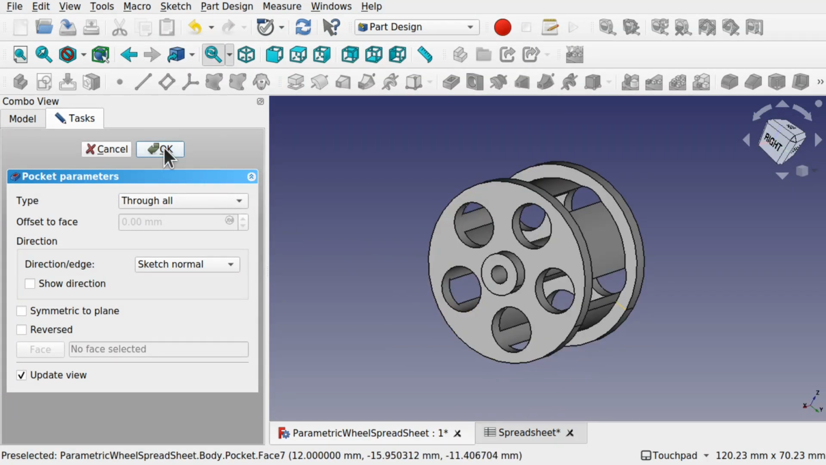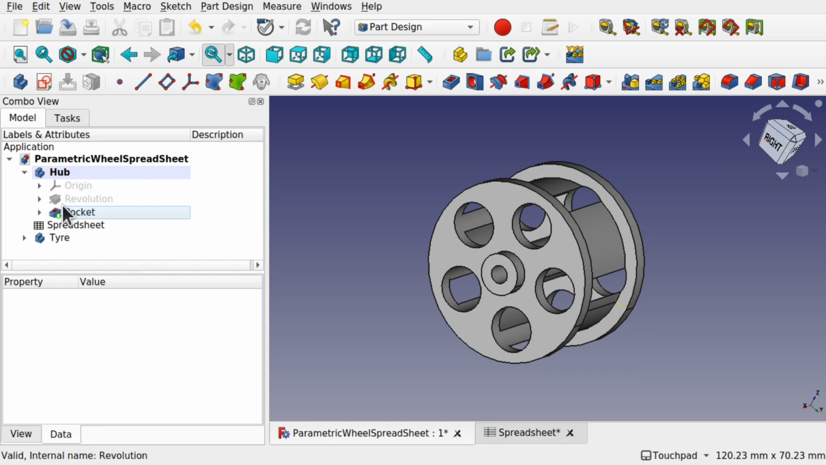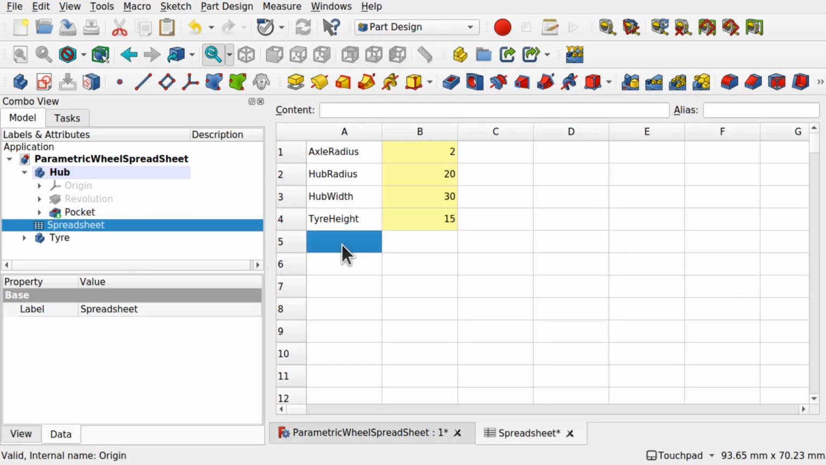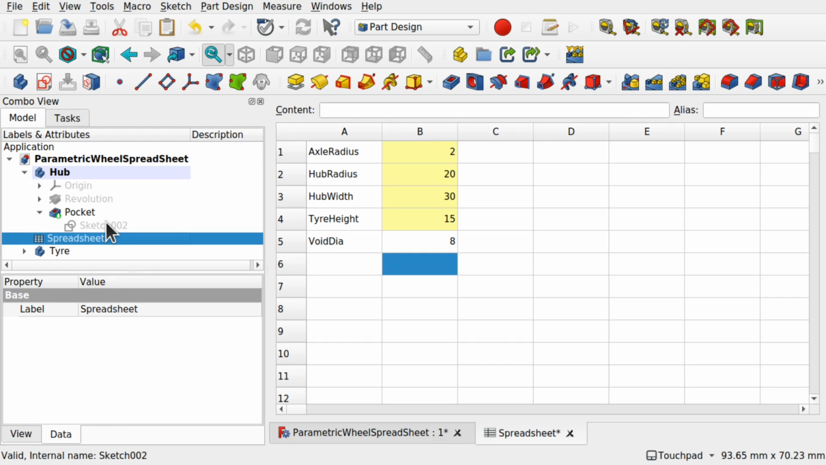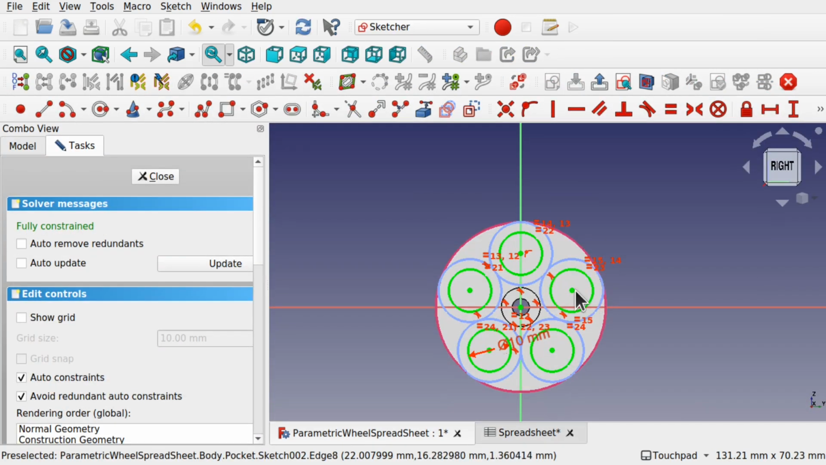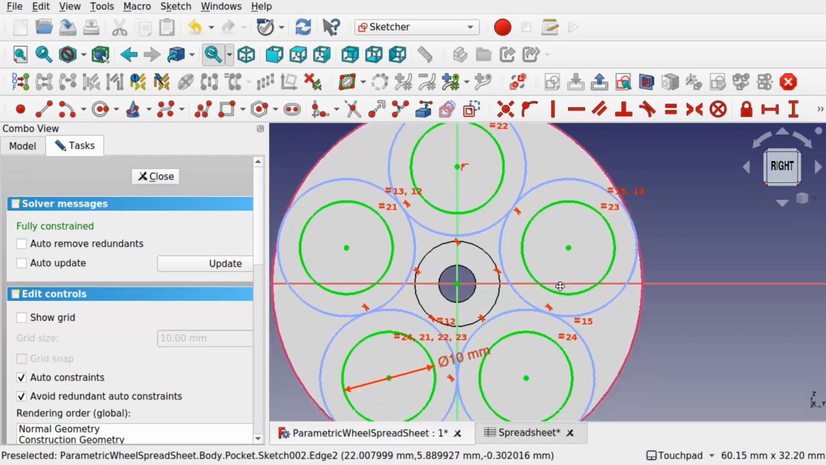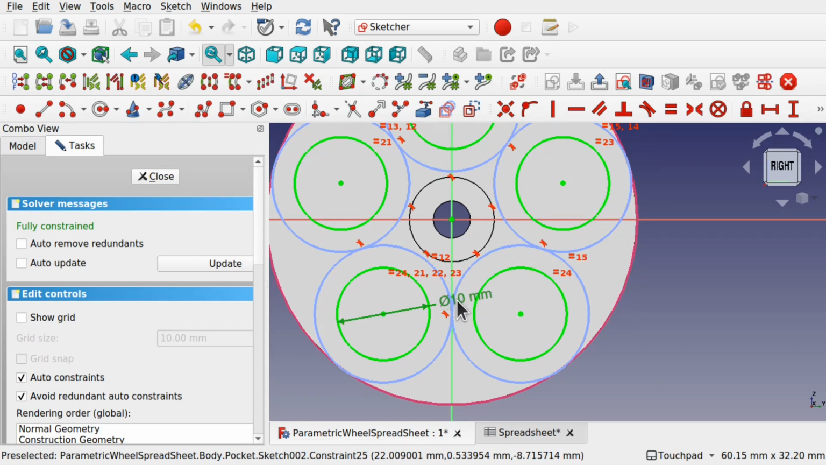So let's hit OK and let's come into the spreadsheet and set that up. So this is void diameter, or whatever you want to call that, and we'll set that to 8. Let's come into the pocket, open that up and look at the sketch and double click that sketch. Let's set the diameter, so somewhere in here is the diameter, so this one here,